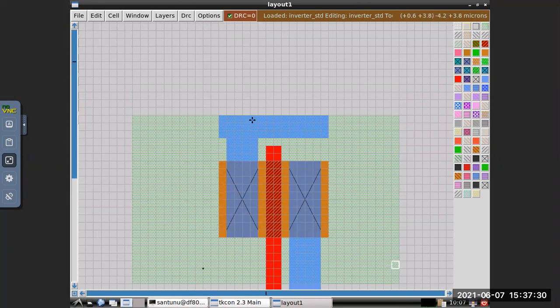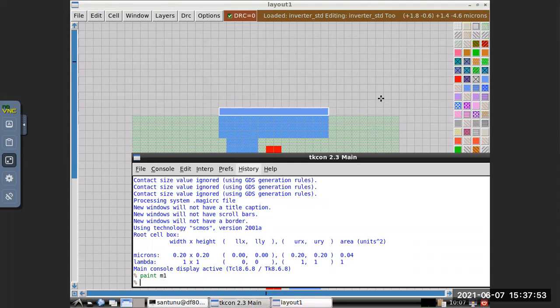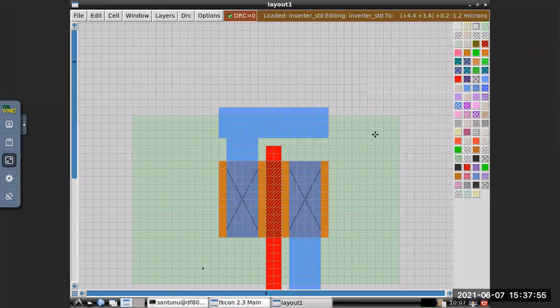For that, at least you have to give it 0.8 micron, otherwise it will not work. Okay, so now we'll put that contact.